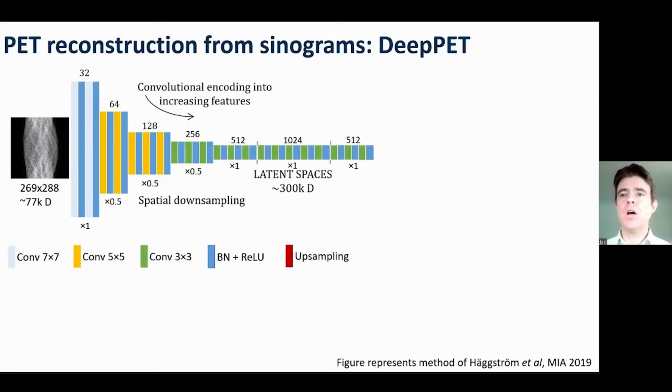real example. This is a representation of the method of Hagstrom et al., published in 2019. What they do is take a 2D sinogram and run it through a convolutional encoder into a feature space. That's exactly the same process I've been talking about before. Here I'm spelling out some of the details of what they use: different convolution kernel sizes, batch normalization, ReLU activation. Once they've encoded that sinogram into this rich feature space, with very low spatial dimensions but a large number of features, 1,024 feature maps there,